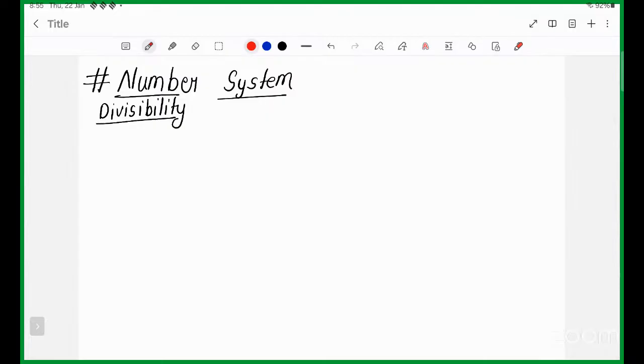So divisibility of 2 is basically that the last digit should be divisible by